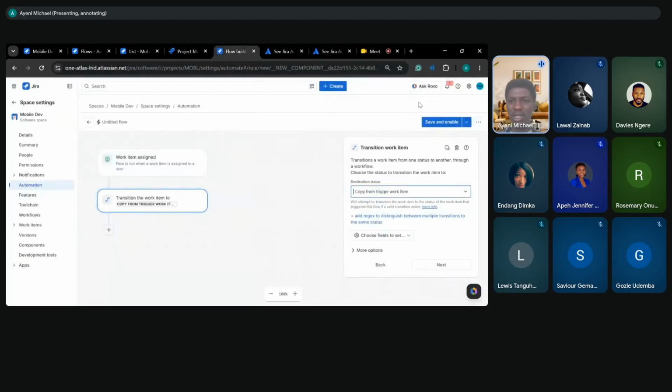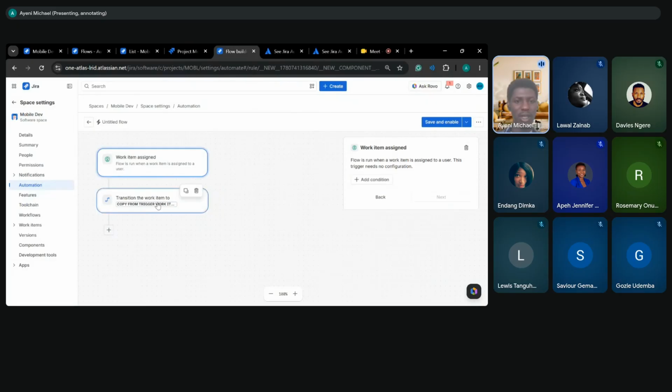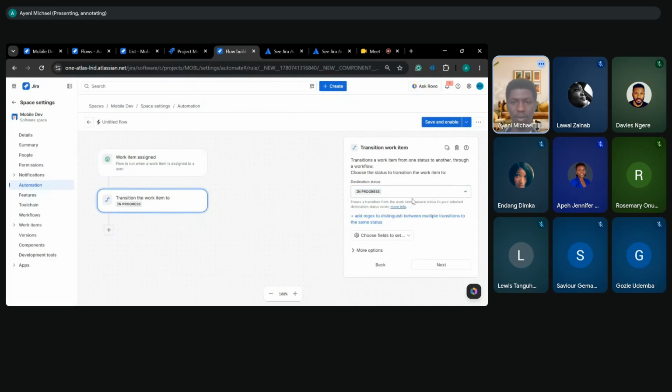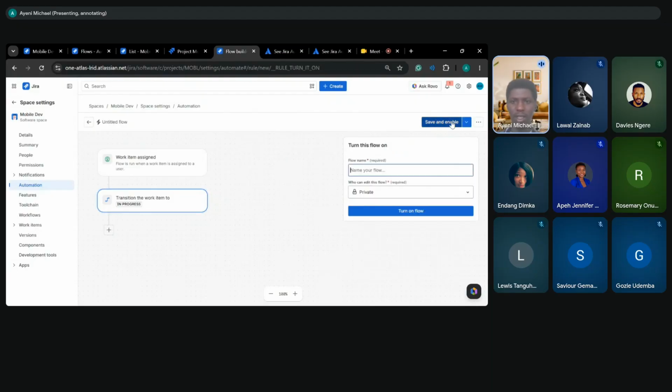So one of the ways to test your automation is you test it for success and you test it for failure. Right now, when work items are assigned, I want it to go to in progress. Okay. That's pretty straightforward. Let's save. Let's name our automation: work item assigned transition to